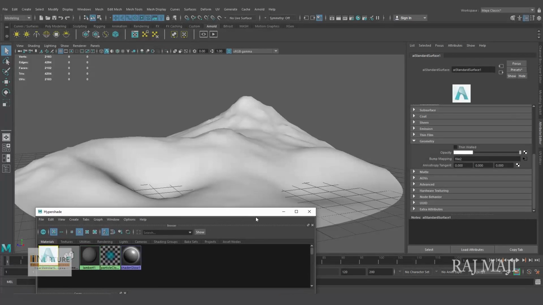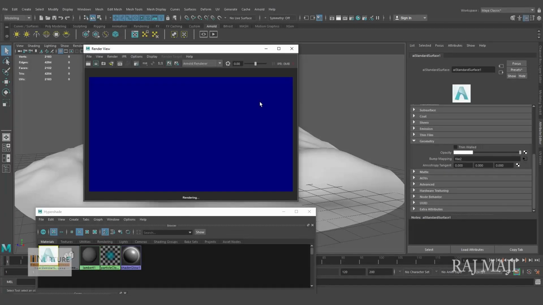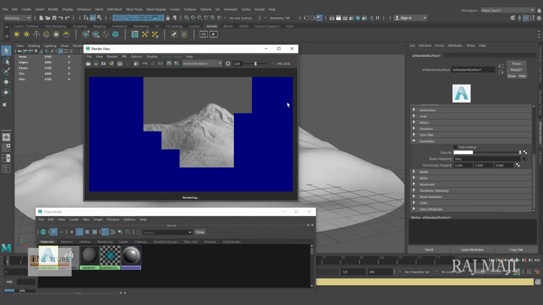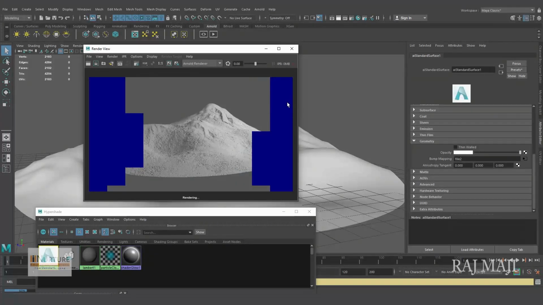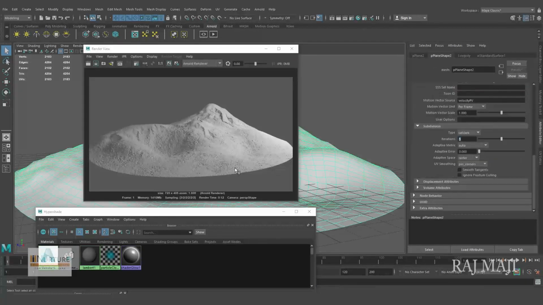Alright, so now I'll just render this image. And you can see I am getting a quite decent result. So this is a very low poly model, but we are getting a very high quality rendering.